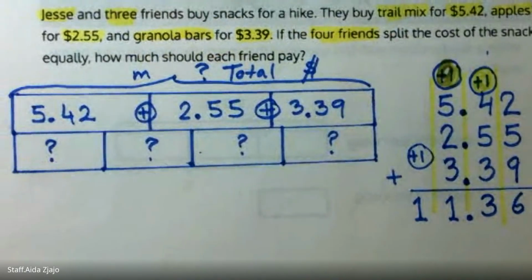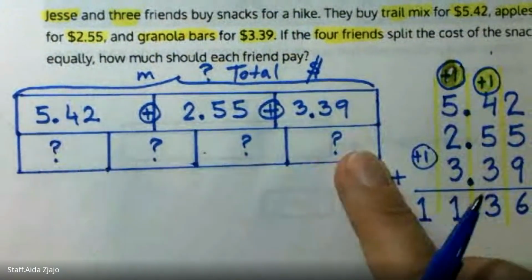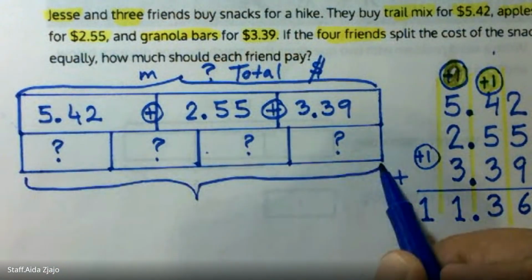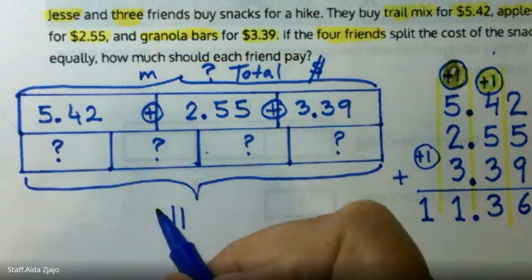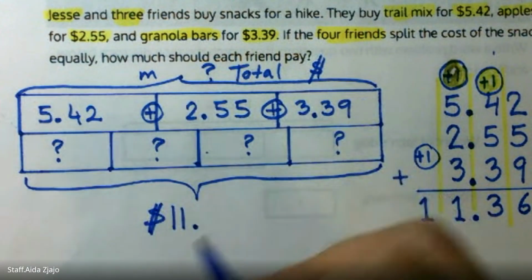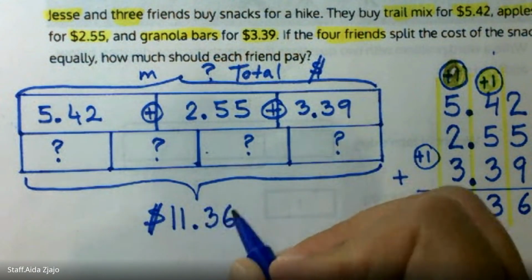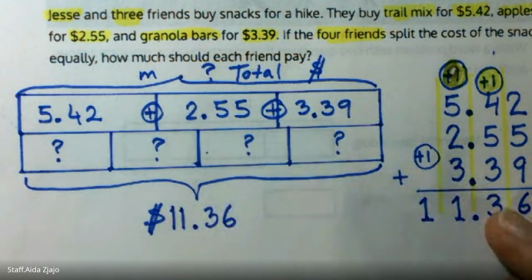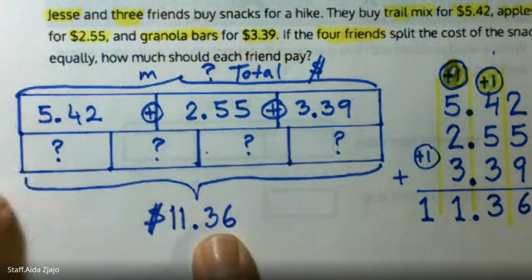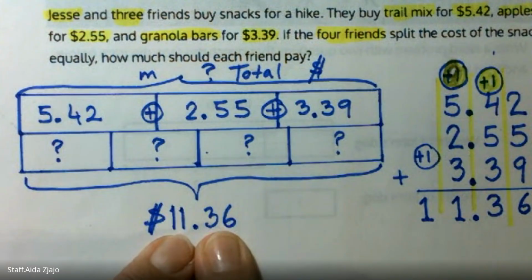And now, because we know that this all is $11 and 36 cents, we can use another operation now. We need to share equally. So I know you can think of